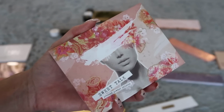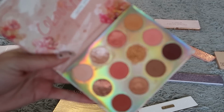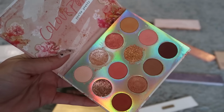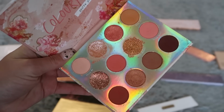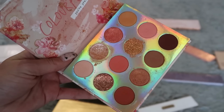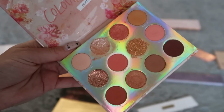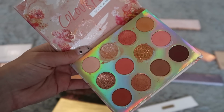And then we have the OG Sweet Talk. I always like to talk about this palette to say that I was not going to buy this palette, and then I got it in PR from ColourPop. It was one of the first PR packages that I got from them, and I was like, wait, this palette is freaking stunning. And I went on to be using it all of the time. But,